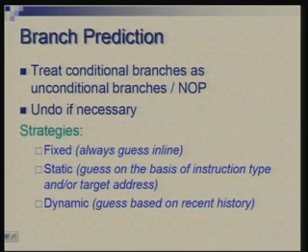Second is static prediction. Here you make a choice between going inline or going for the target by using some criteria, and the criteria is fixed. It does not depend upon situation which is created at the run time. You should know ahead of time whether for this particular branch you need to predict inline or you need to predict the target. So, the basis of such prediction could be opcode or the target address. Okay, you might say that some kind of branches are more likely to be taken, some kind of branches are less likely to be taken, or it could be based on the target address.